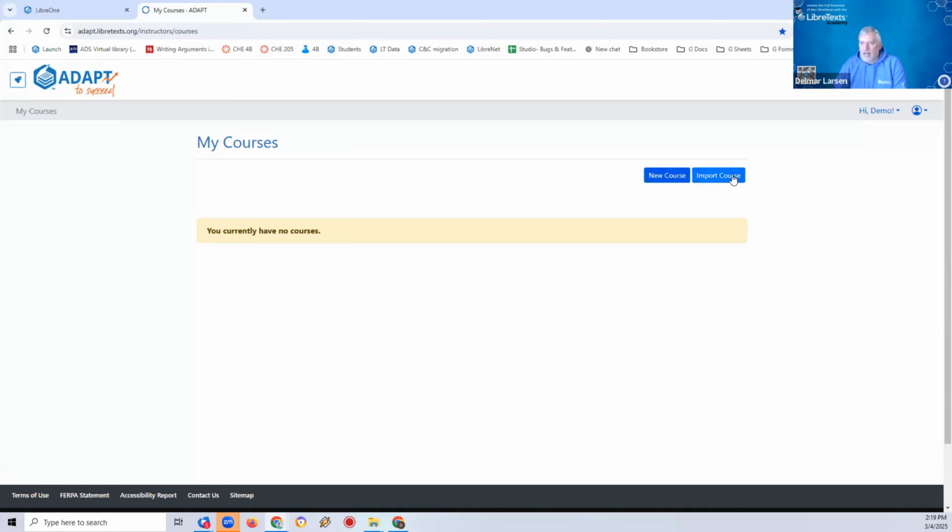So the idea behind ADAPT is the underlying application of sharing is caring. And that right there is how I describe OER in general, and certainly open source technologies even more broadly. So if you create a course with questions that you brought in or curated, you make it public and you provide the opportunity for someone else somewhere in another state to grab it, for example, and use it for their purposes.